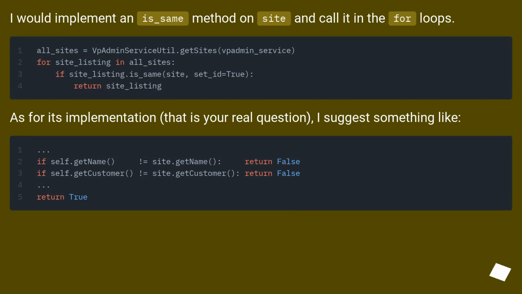I would implement an is_same method on site and call it in the for loops. As for its implementation, that is your real question, I suggest something like